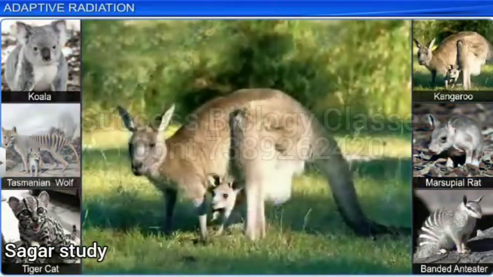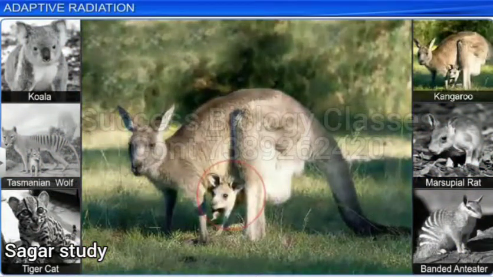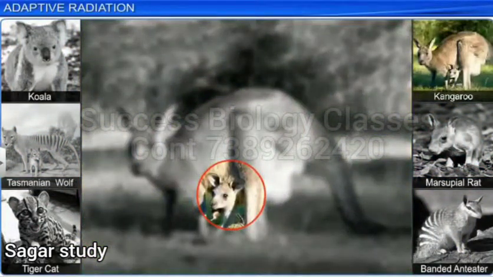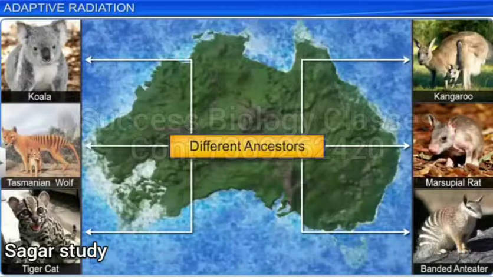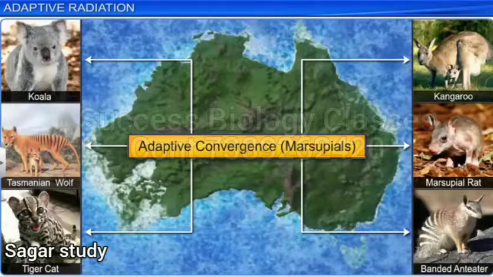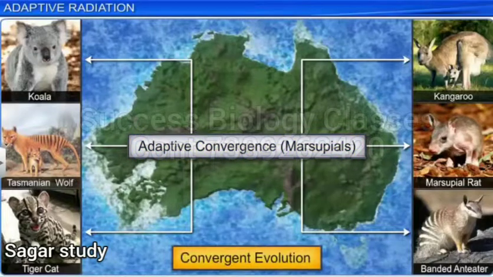Marsupial mammals are characterized by their pouch, in which the female carries the young through the initial days of infancy. Many different types of marsupials with different ancestry have evolved on the continent of Australia. This type of evolution, where several adaptive radiations have occurred in an isolated geographical area with several habitats, is known as convergent evolution.